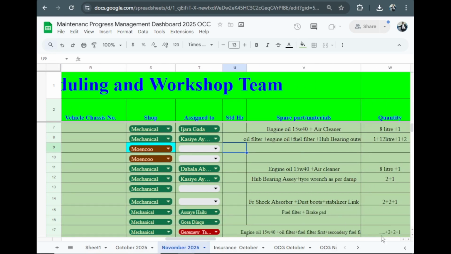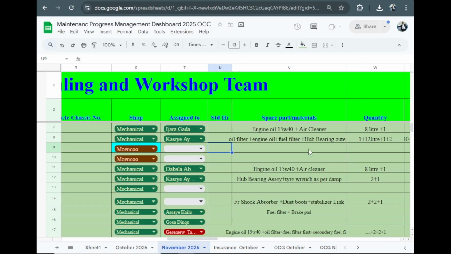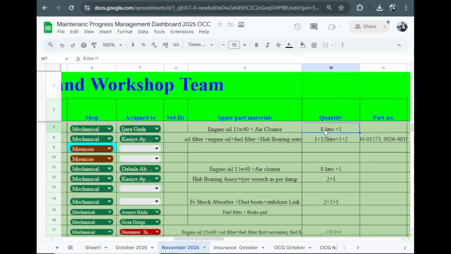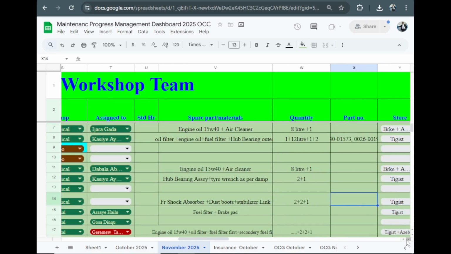part or the materials used for that maintenance is written here. For example, it can be oil, air cleaner, and the quantity of that spare part is also written here. So this is generally done by schedulers, and the workshop team requests those